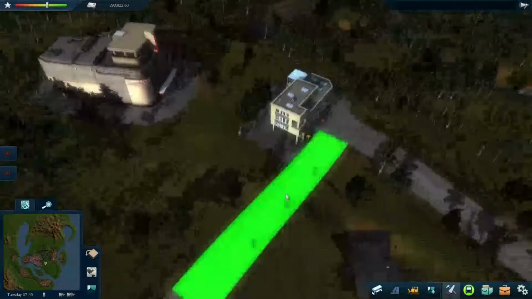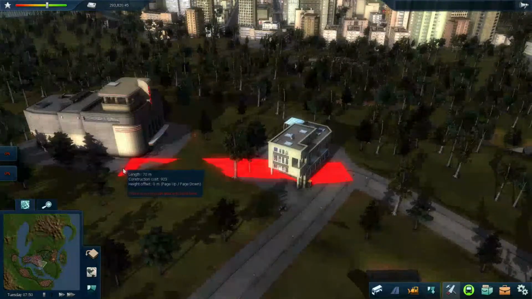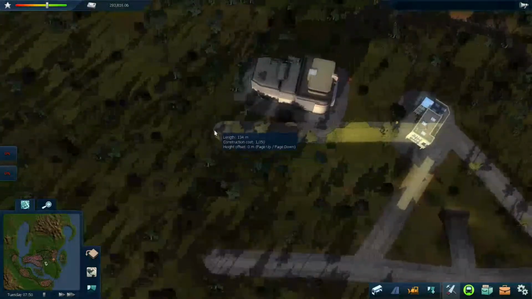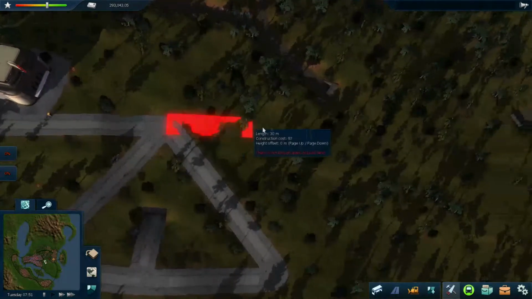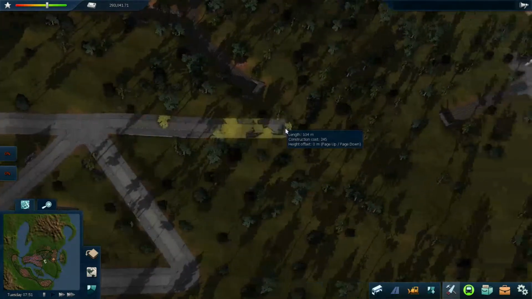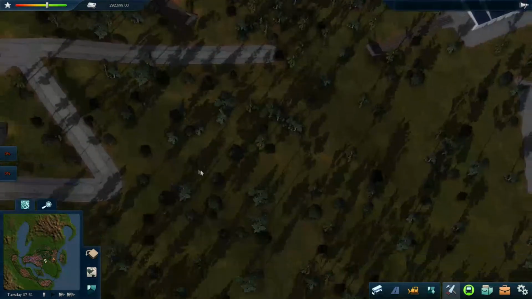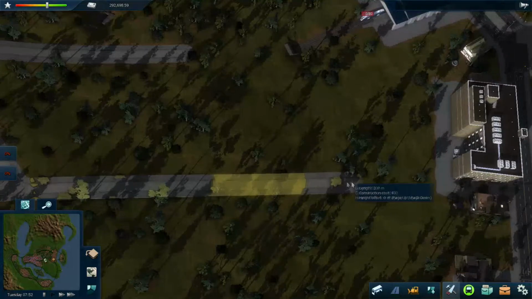That's not letting me build across here for some reason. I don't know why that is. That's letting me build across there though. It's just strange sometimes the way this landscape works. Right, so I want that to go across like that. I want that to go across the railway like that. This should just be able to go in a straight line. In fact, this one